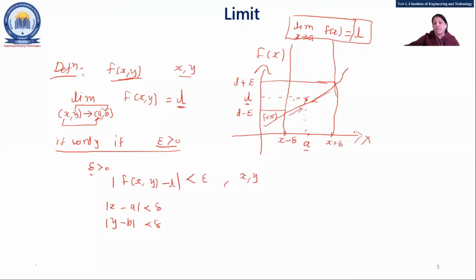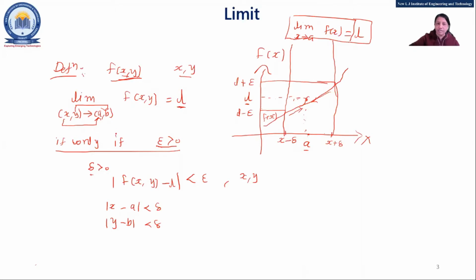So this is the definition of limit for a function of one variable. Same thing, x tends to A, but here they have considered two variables, because it may be possible, for example, for a triangle. If you want to find the area of a triangle, it will depend upon two variables, base and height, right? So at that time you have to go for two variables, or in some applications it may require more than two variables. Right now we are going to see two variables. So instead of x, you have to consider two values, x and y, nothing else.